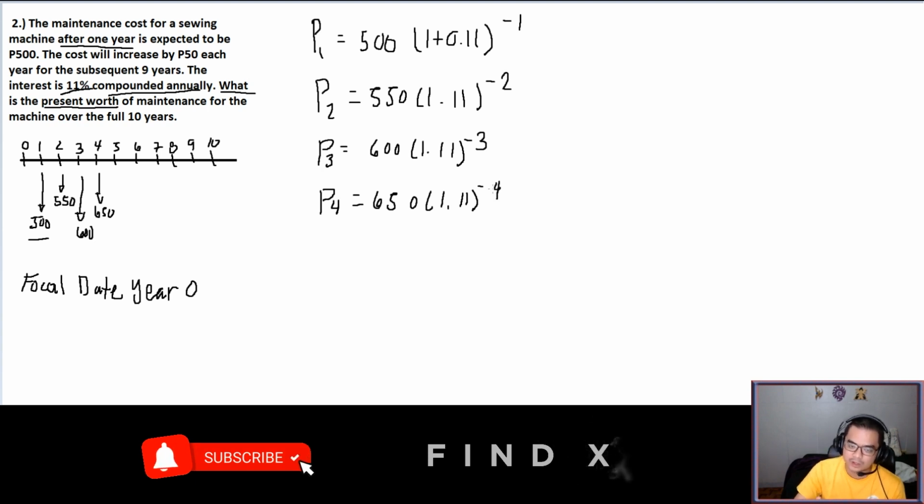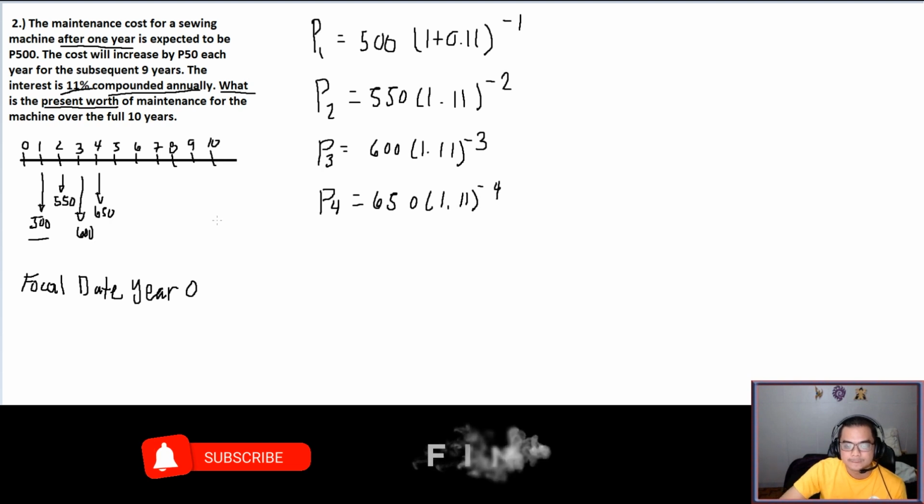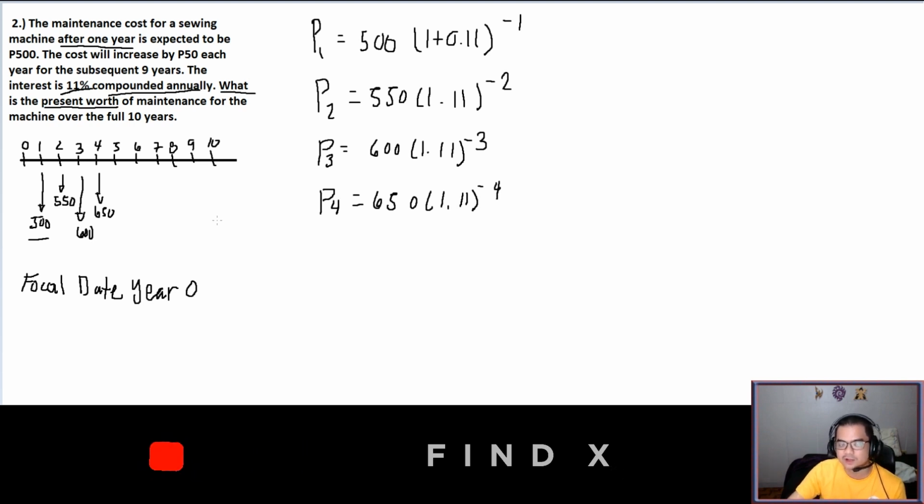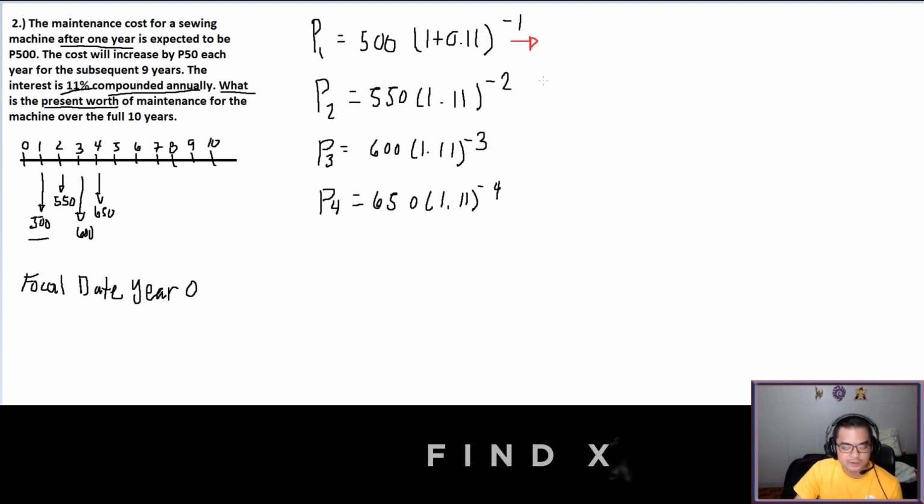Now from this point, I hope you can already see a pattern or a formula for this one. You will be doing this up to P10, because up to P10 there will be an amount here and then you have to bring it back 10 years. Now we can derive the formula in order for us to use the summation function. Rewriting this one,